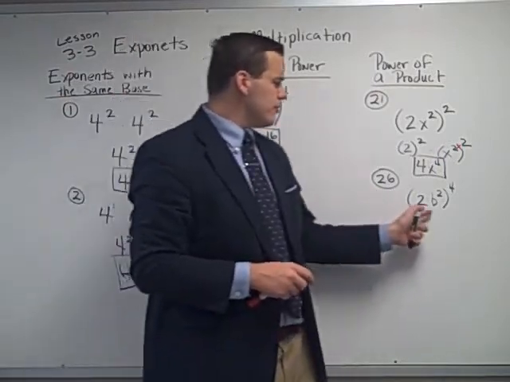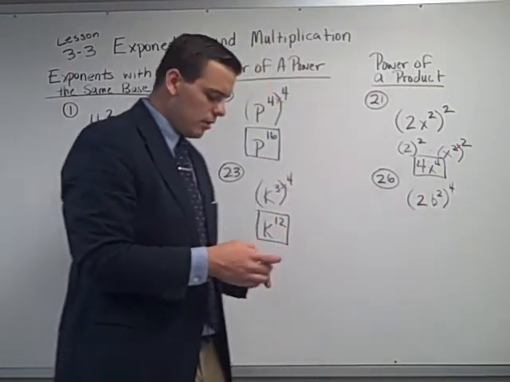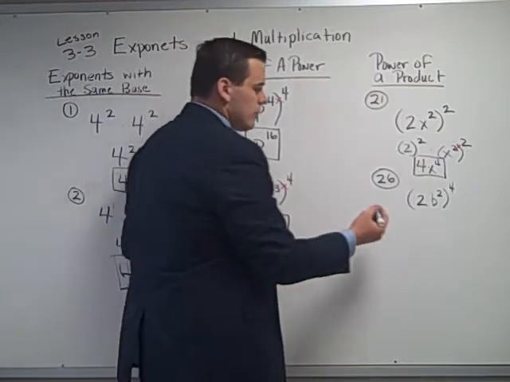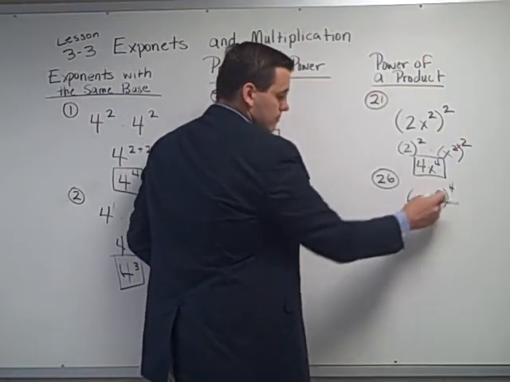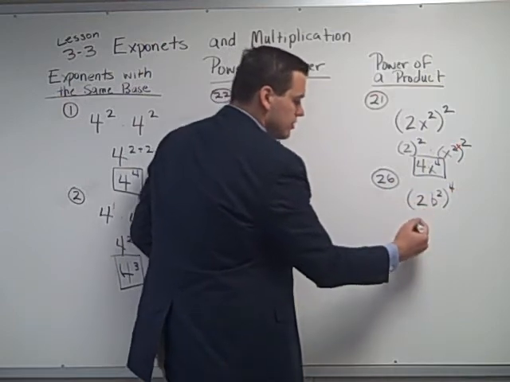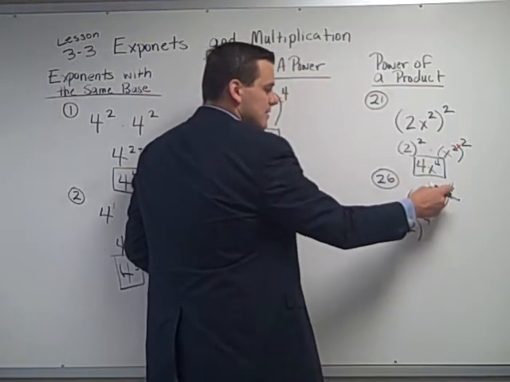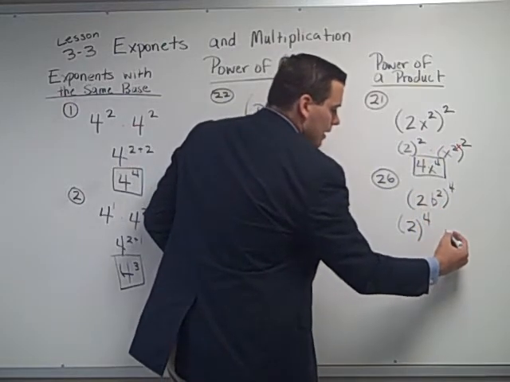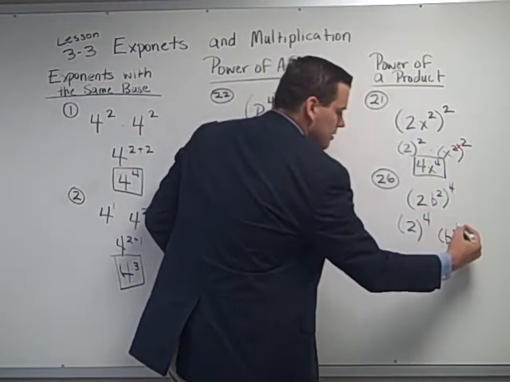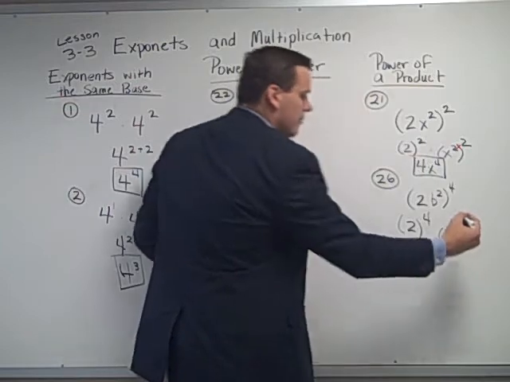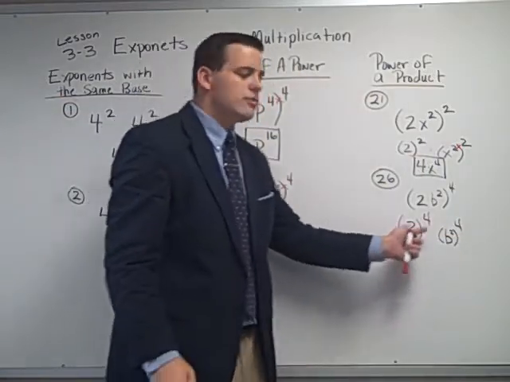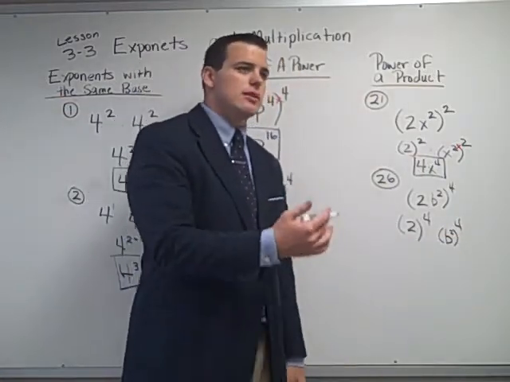So we have 2b squared all to the 4th power. So what do we need to do? We need to put the coefficient, which is 2, to the 4th power, as well as the base and the exponent. And that'll be b squared to the 4th power. Okay? So we're going to solve this: 2 to the 4th power. 2 times 2 times 2 times 2 is